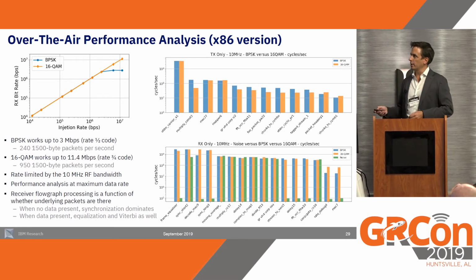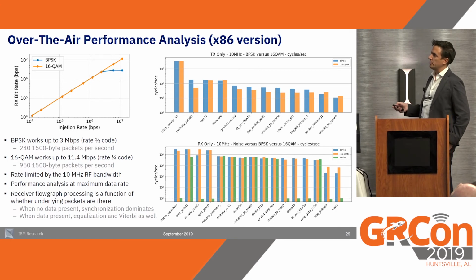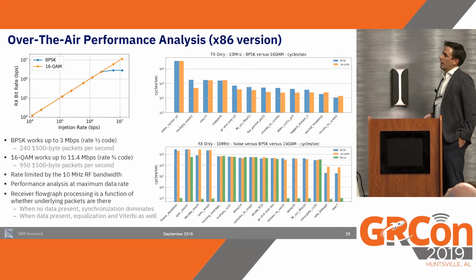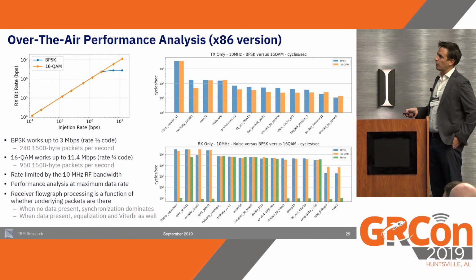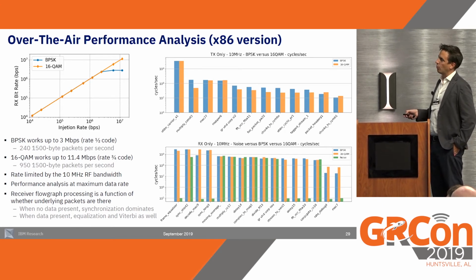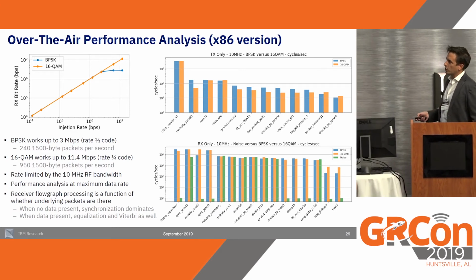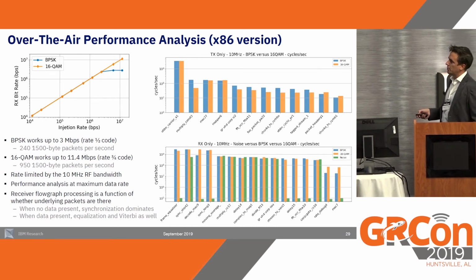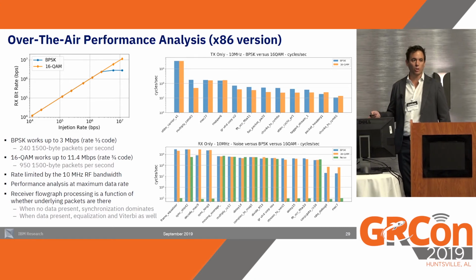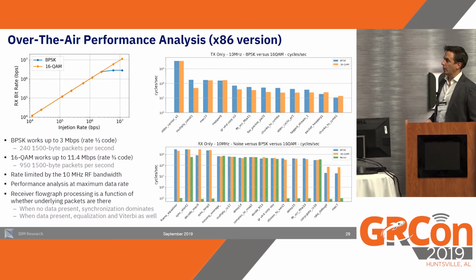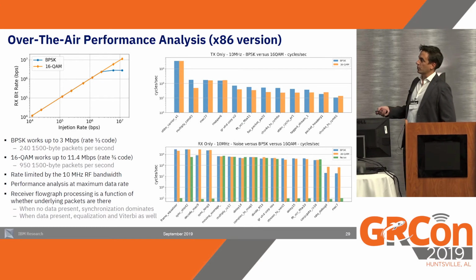We measured different kinds of scenarios, for example, 2 coding schemes, BPSK and 16QAM. The chart on the top is showing the CPU time for the different blocks in the transmitter for the 2 coding schemes, while the chart at the bottom is measuring the same, the time consumed by the different blocks in the receiver for the 2 schemes, plus the noise case, where we are actually not transmitting anything, but still there are some blocks in the receiver which are doing work, right? For example, the ones for synchronization, right?